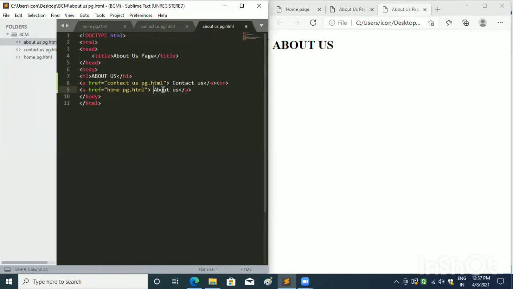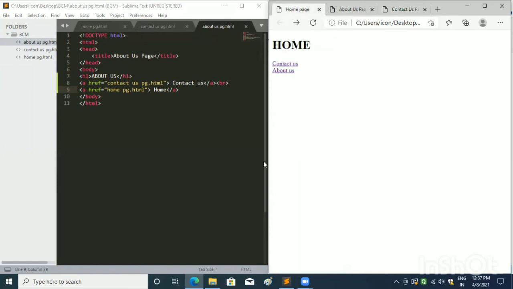And I will write home between the anchor tag. So now when I save it and refresh the browser, you can see the 2 files inserted on the about us page. Now I can move to any file from any one of these files.